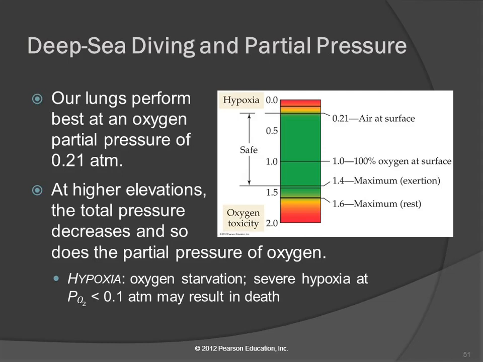This mixture of gases business actually has impact on real life experiences. So air at normal atmospheric pressure has a partial pressure of oxygen equal to 0.21 atmospheres. If you go up into the mountains,